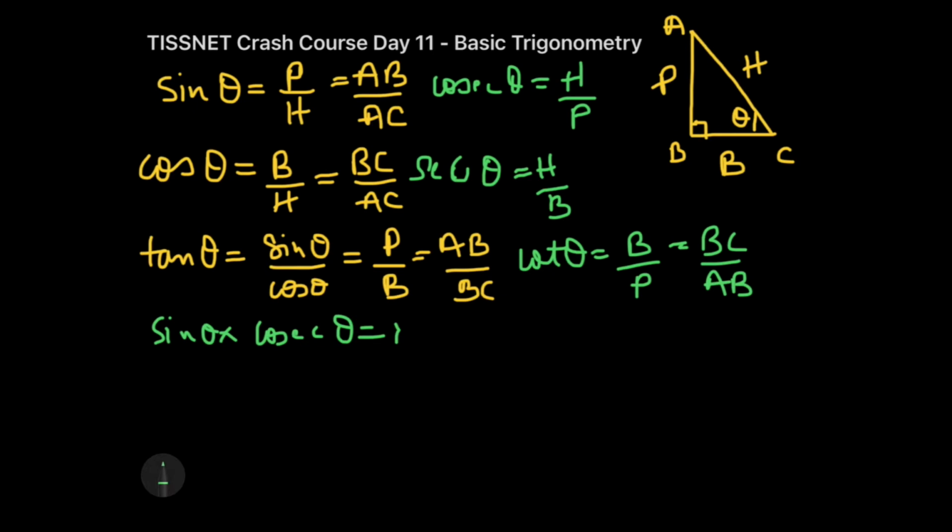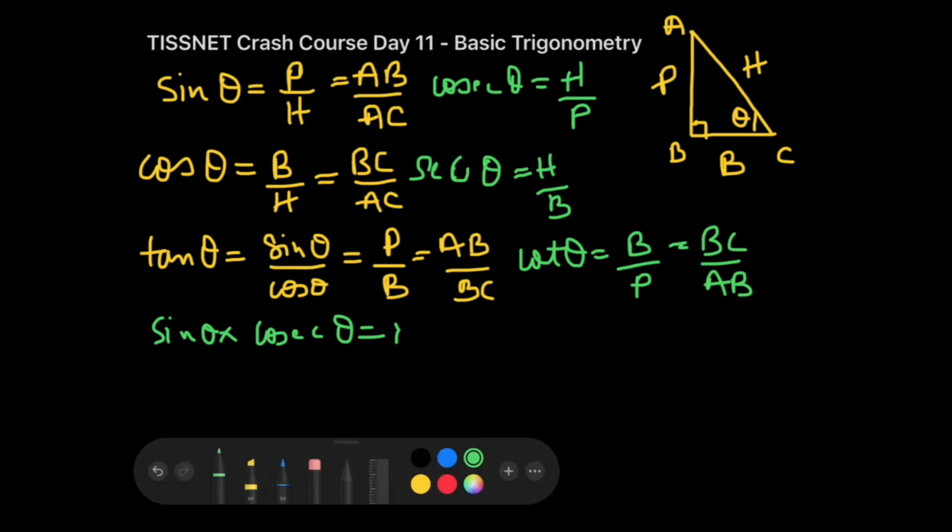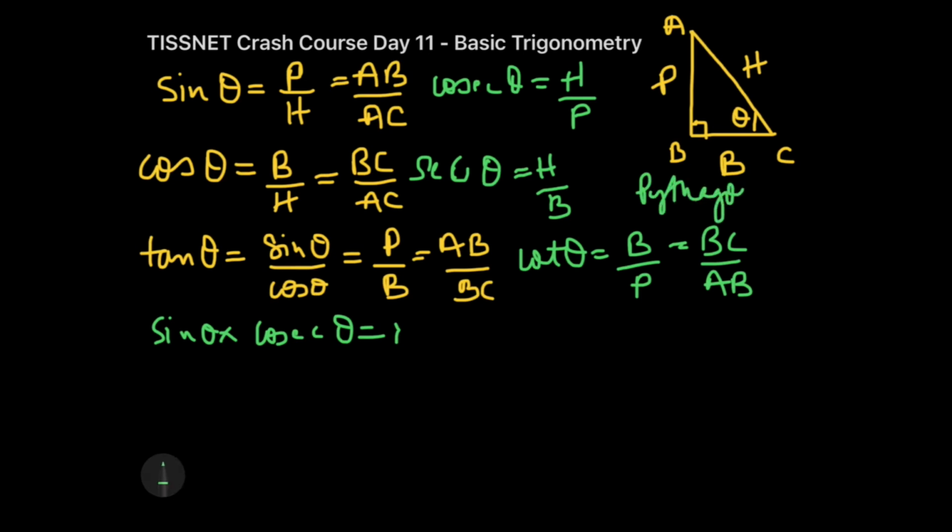Now the second thing you need to know here is the value of sin square theta plus cos square theta. We all know this. We have learned it at school that sin square theta plus cos square theta is equal to 1. But have we ever given a thought to why? We never thought about it. So the answer for why is that we will be applying the simple principle of Pythagoras over here. Okay, if I apply Pythagoras theorem, perpendicular square plus base square is equal to hypotenuse square, right?